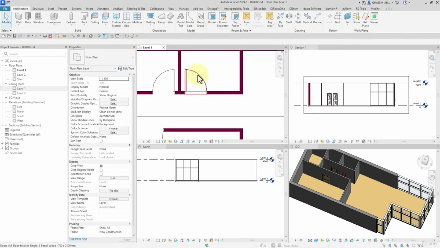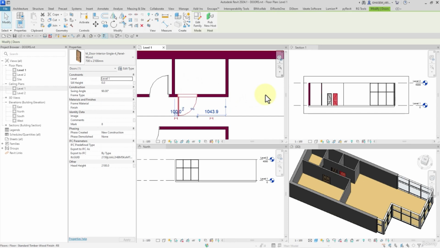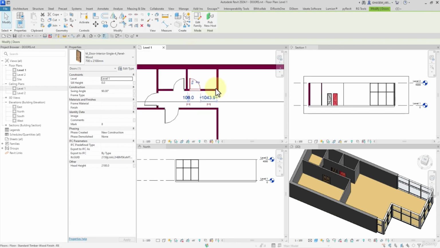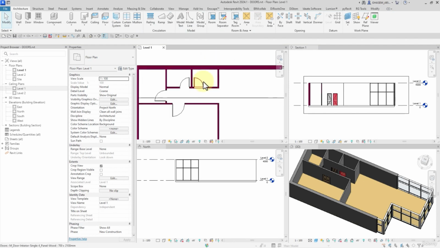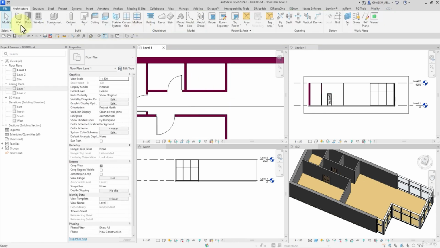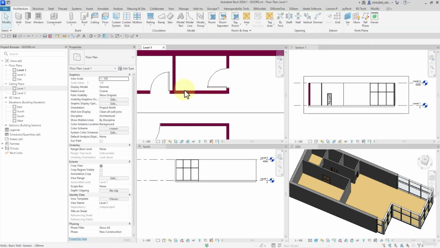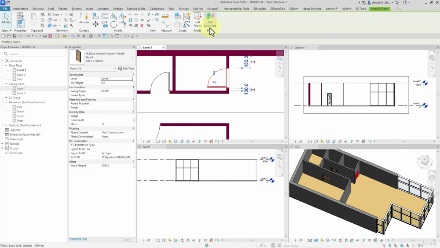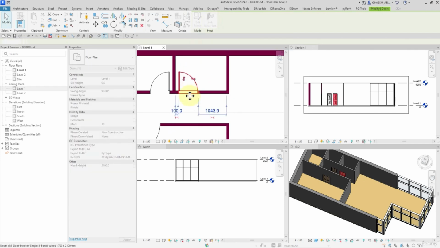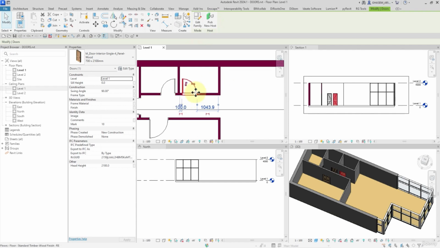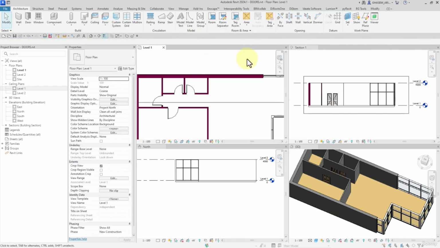Watch this. And when the door is placed, if I select it, then I can rotate the door by 90 degrees. Watch this. I can flip the directions anti-clockwise in order to have the door the way we want. And if you made a mistake in placing the door, for changing its position, you can select it, then you can click on pick new host to select the host for a hosted element. Then you can specify the new host for the door or